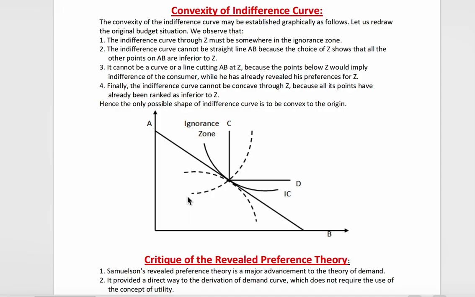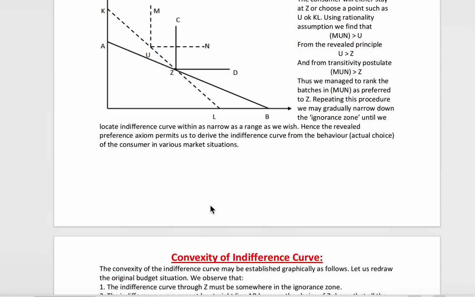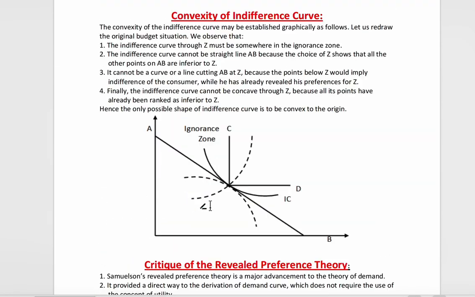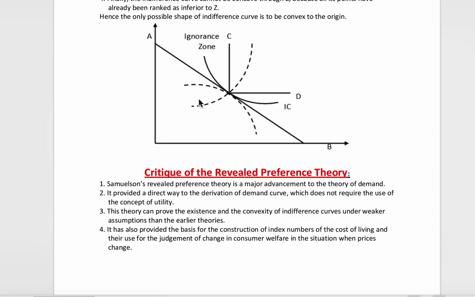Suppose it cannot be this shape, because one of the regions of this shape, or upper slope, lies on the ignorance zone, or the lower zone. It means the inferior zone. One of the points lies on the inferior zone, and